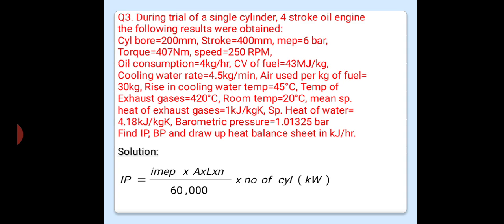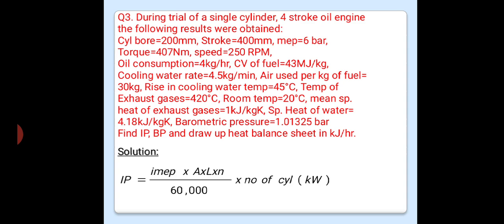Cylinder bore 200 mm, stroke 400 mm, mean effective pressure 6 bar, torque 407 Newton meter, speed 250 rpm, oil consumption 4 kg per hour, calorific value of fuel 43 megajoule per kg, cooling water rate 4.5 kg per minute, air used per kg of fuel 30 kg, rise in cooling water temperature